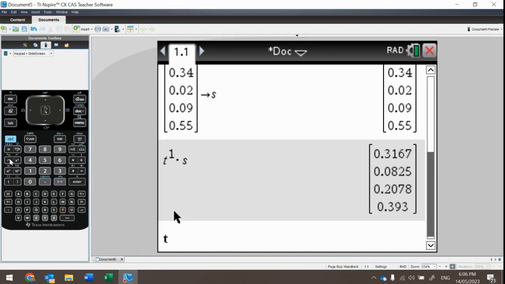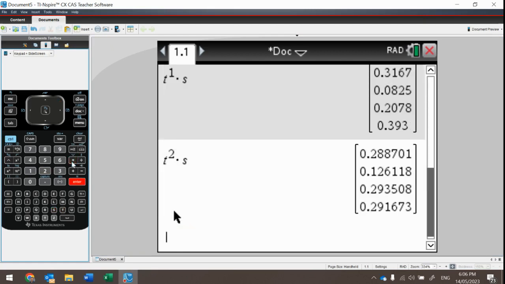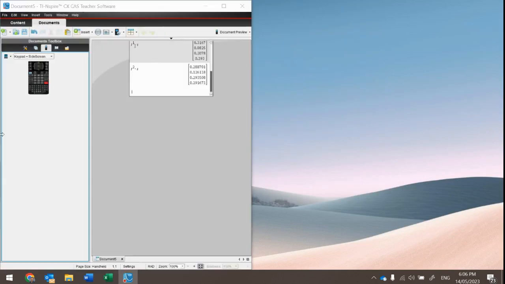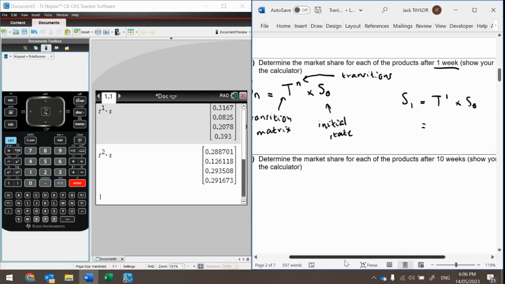And it's really easy once you've done that. If I wanted to find out after 2 weeks, I just raise it to the power of 2. And that's how many people, or what percentage of people, I should say, are buying after 2 weeks. So jumping back over to the worksheet. I'll try and squeeze my answer in here. After 1 week,